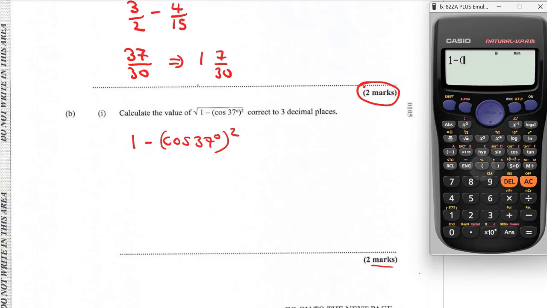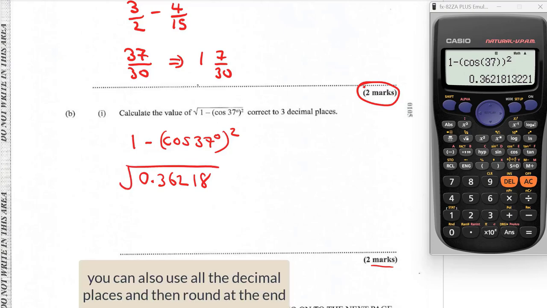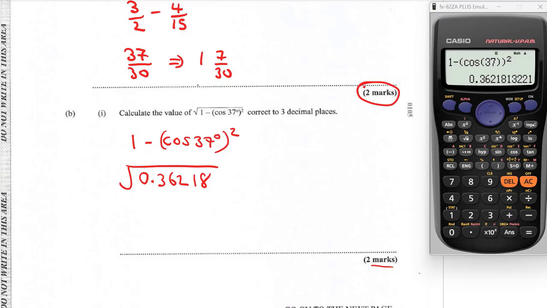1 minus, open bracket, cosine of 37 degrees, and then this is squared, equal. That is going to give me 0.36218. So let's leave it to 5 decimal places, and then we're going to take the square root. So let's take the square root of 0.36218, that's going to give me